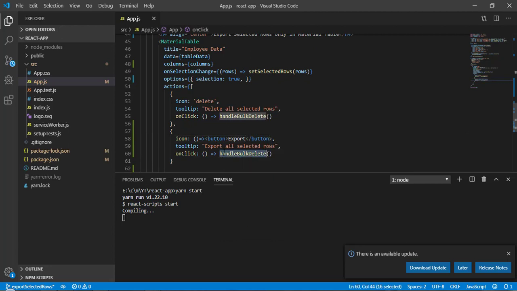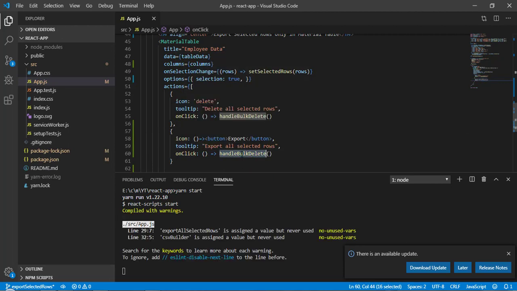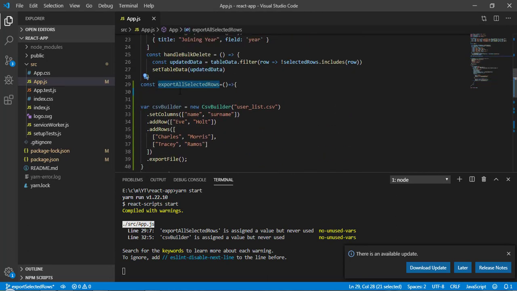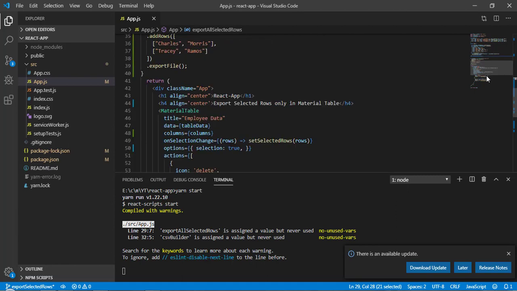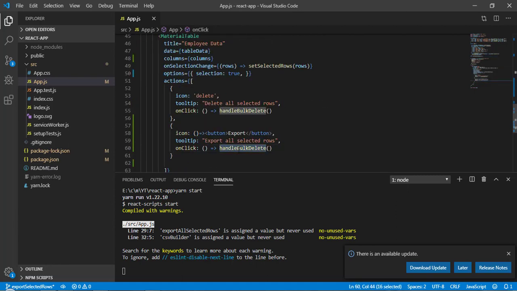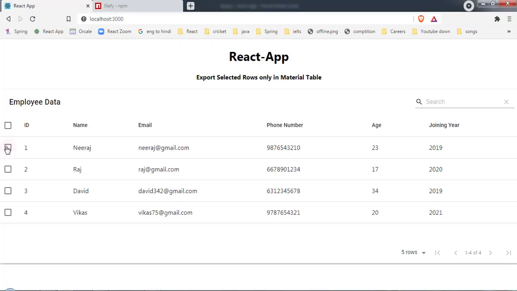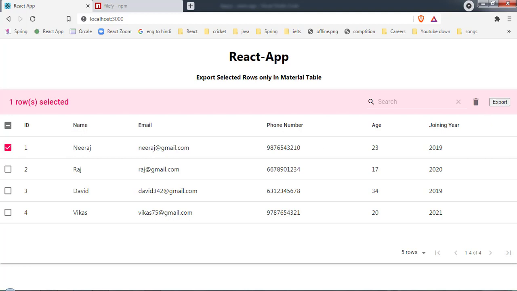Okay, and the third one, on click, here I am going to call the same function we have defined just before, so export all selected row. So copy it and let's paste it here. Okay, so now just save it and let's come back here. Now let me select a row, and as you can see we are getting this action button.